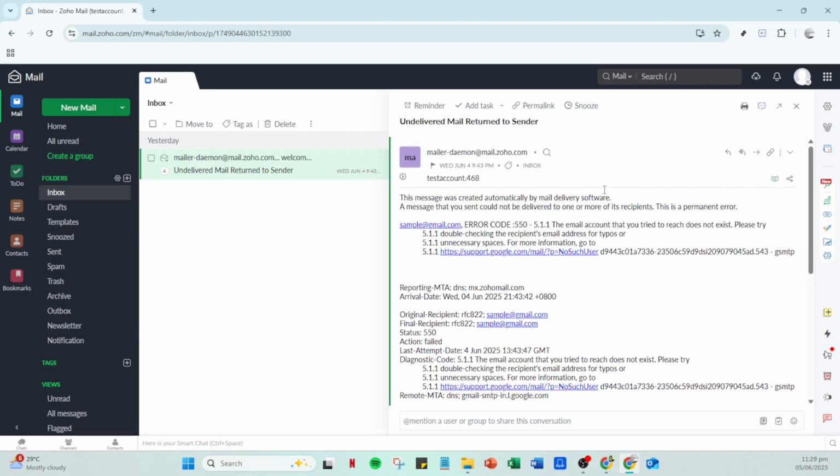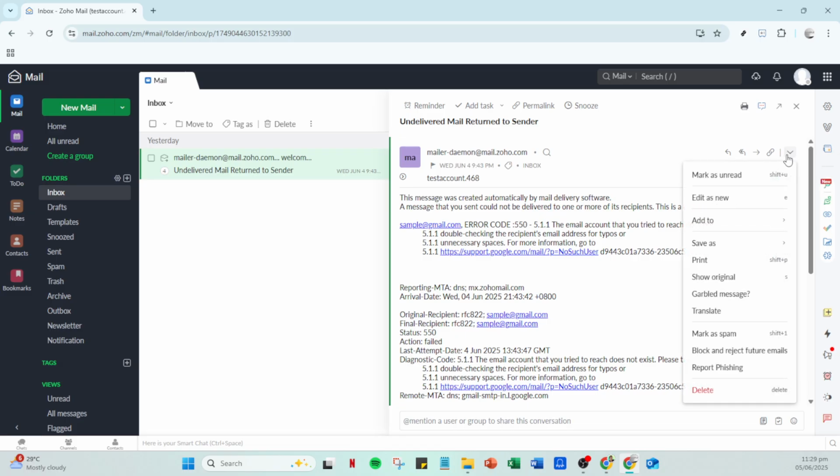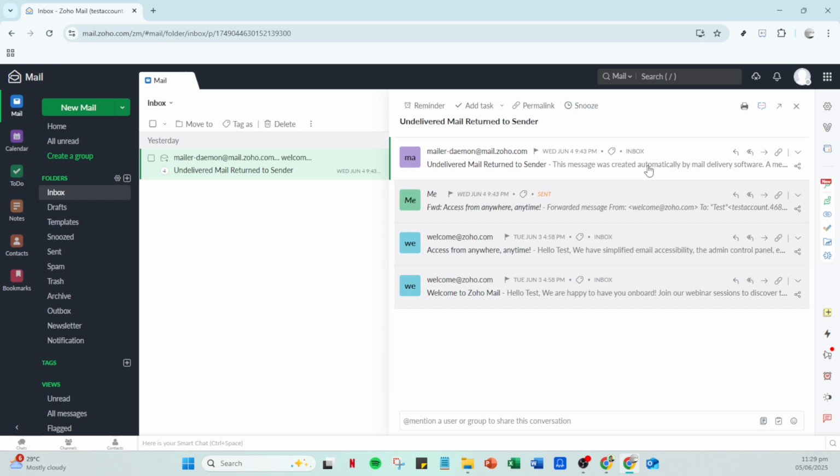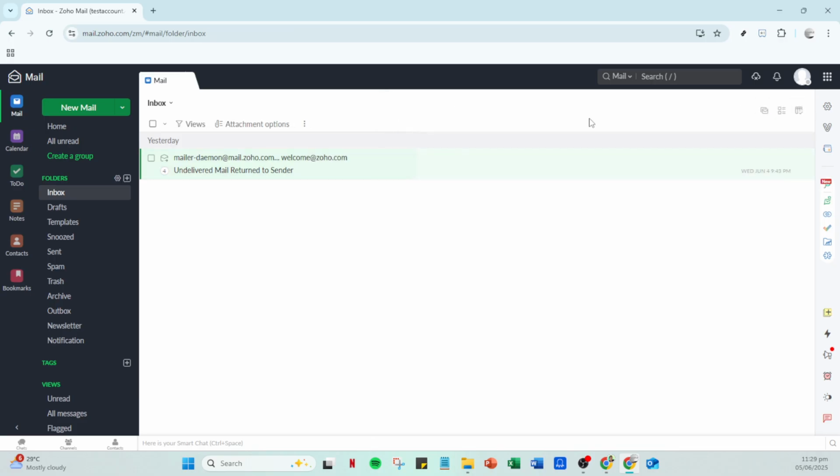For example, its rich formatting options allow you to personalize emails with templates or embed HTML code for a unique look. Plus, there are tools for attachments, internal chat, and an integrated calendar and tasks feature to keep you organized. For business users, setting up and managing your domain within Zoho Mail is an option, enabling you to have a more customized email experience. That's a quick look at how you can use Zoho Mail